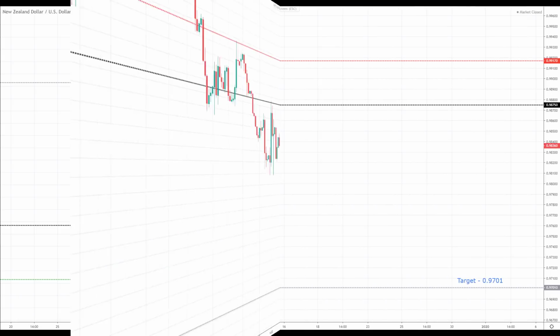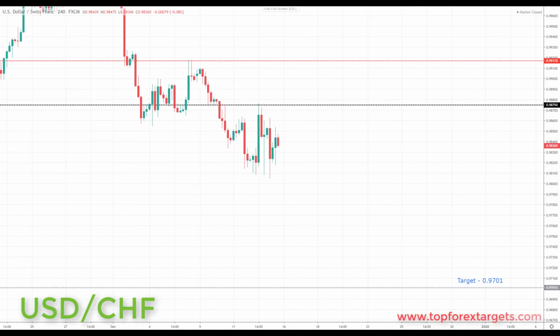0.6683. So the next market that we're going to look at is US dollar Swiss franc. Last week we were looking for further declines to the downside in this market, and we did come and take out the target set last week at 0.9839. We still have the secondary target that we're looking to achieve from last week, 0.9701. So very simply put, going into this week, we're going to be looking for further declines to the downside in